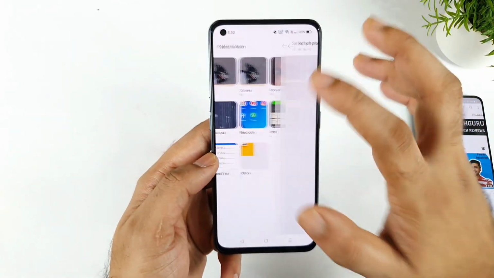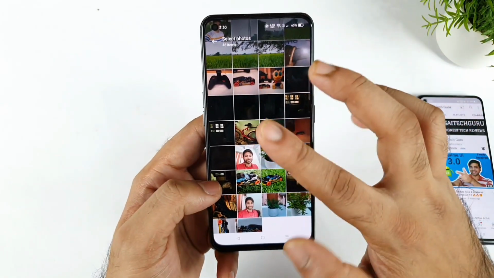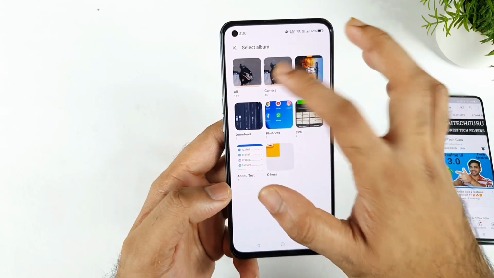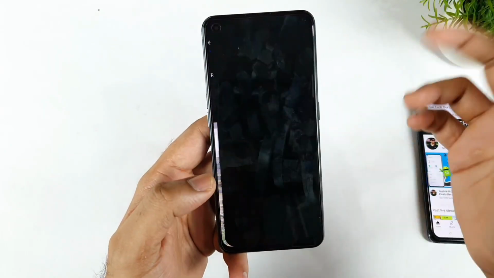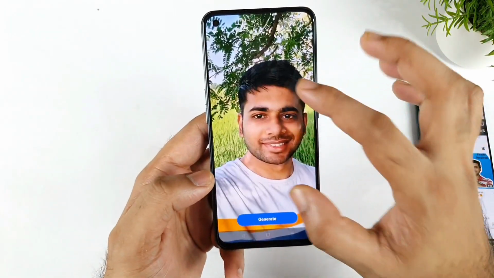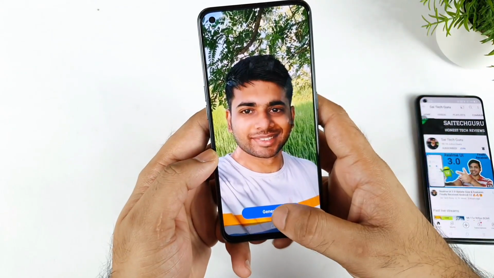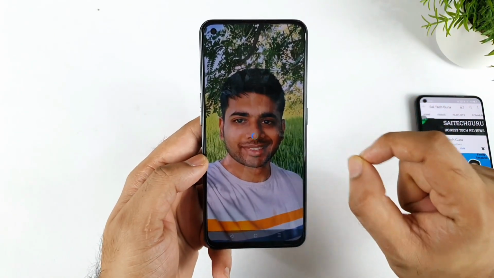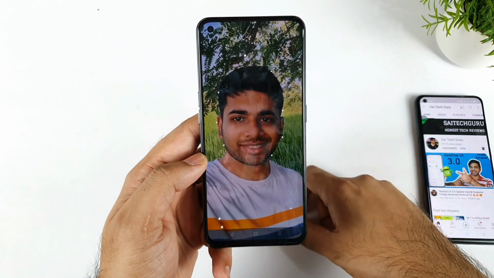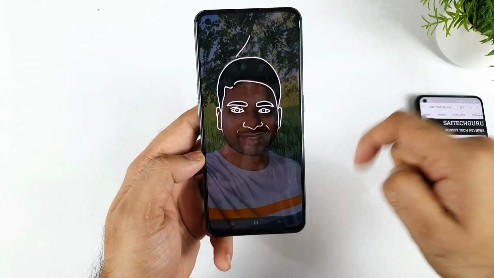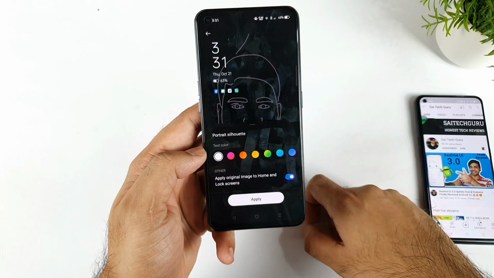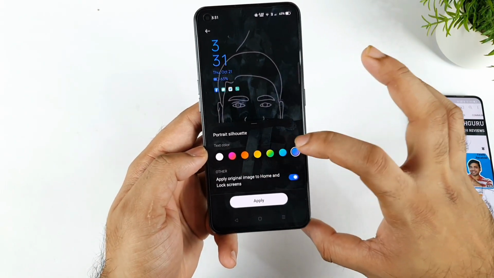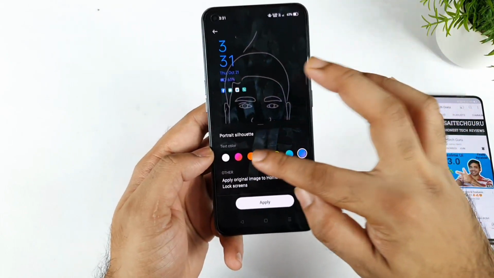So portrait one, you can take any selfie you want, and you can actually convert it into the portrait. Right now I did convert already. So let me just show you. So let's select random. I try to select this one. Yes, I just want this one. So generate. Once you select any image from your mobile phone, click on the generate option. As you can see, it automatically generates the portrait image of myself.